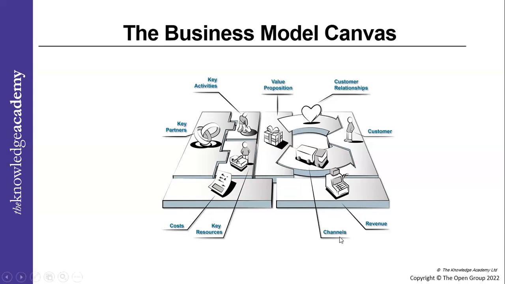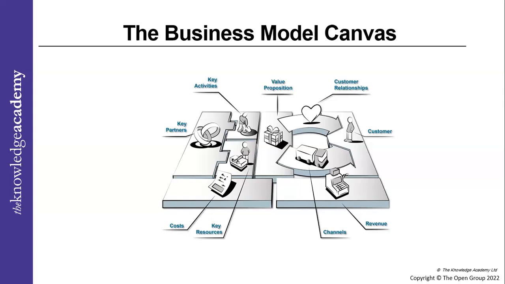Channels. Okay, tell me what is the channel here? Channels are the way through which the interaction happens, probably, or the delivery happens. Correct. So this is how the company communicates with the customer segments to deliver value, correct? Customer relationship. What is customer relationship here? It's a way we engage the customer. So it is basically the relationship you create. The organization establishes the relationship with specific customer segments, correct?